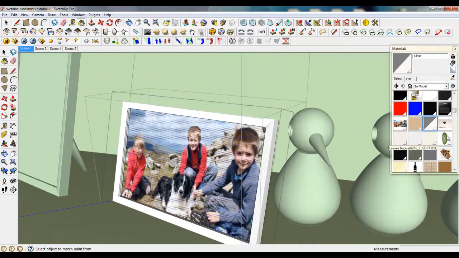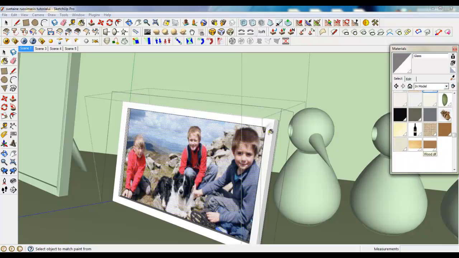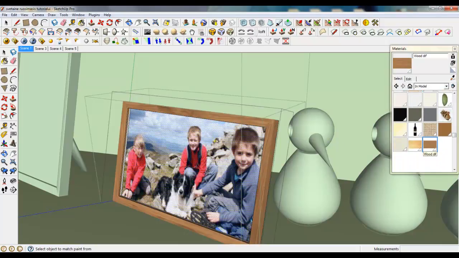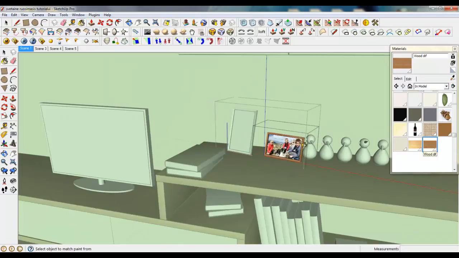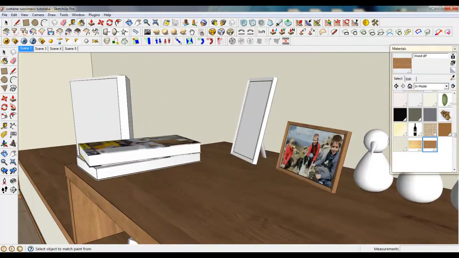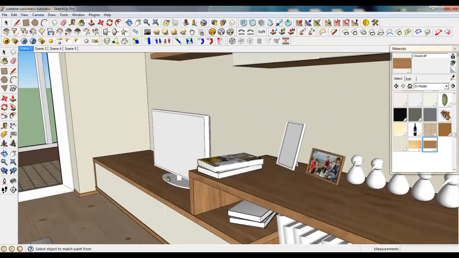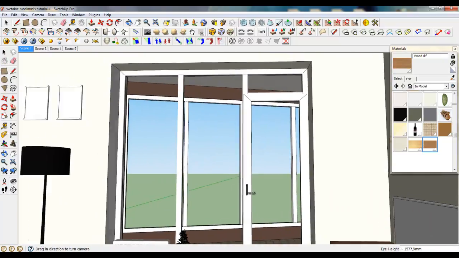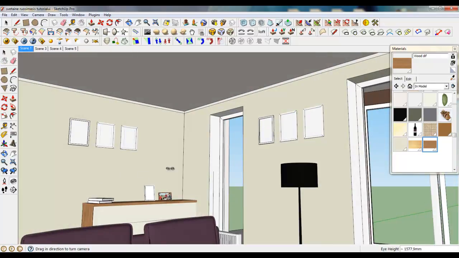On the left, to add some wood, let's use this wood, and it's perfect. In the same way, you can color and texture all the pictures, these two on the walls, in the dining room, living room,